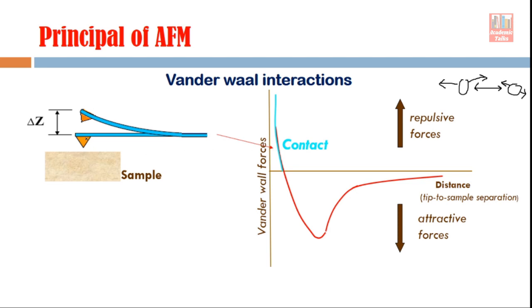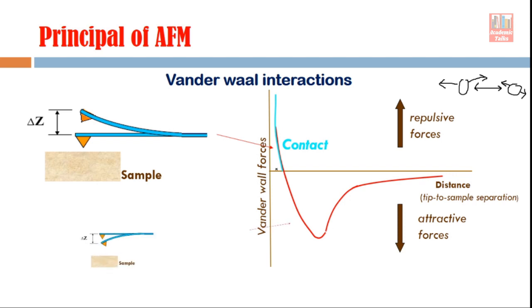Now because of the repulsive forces, this cantilever is a flexible material, a flexible structure actually, so that will be repelled in the upward direction like this, and delta Z is the amount of vertical deflection. So the magnitude of delta Z depends on the strength of van der Waals interaction. Stronger the forces, more will be the delta Z. But it happens only when the separation between the tip and sample surface is very small as compared to this gap, right?